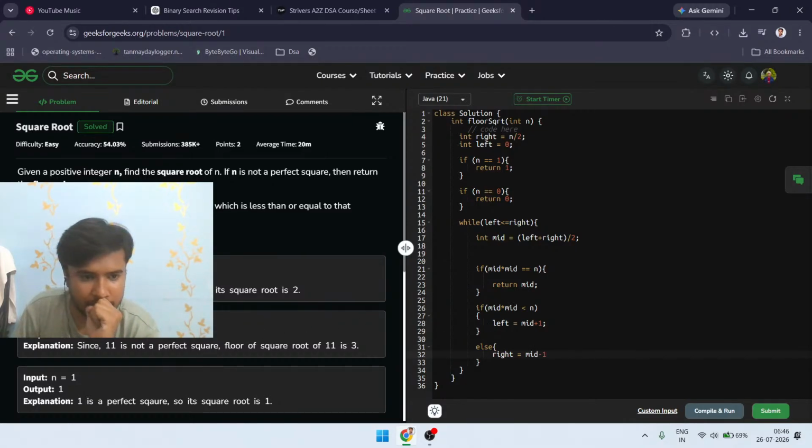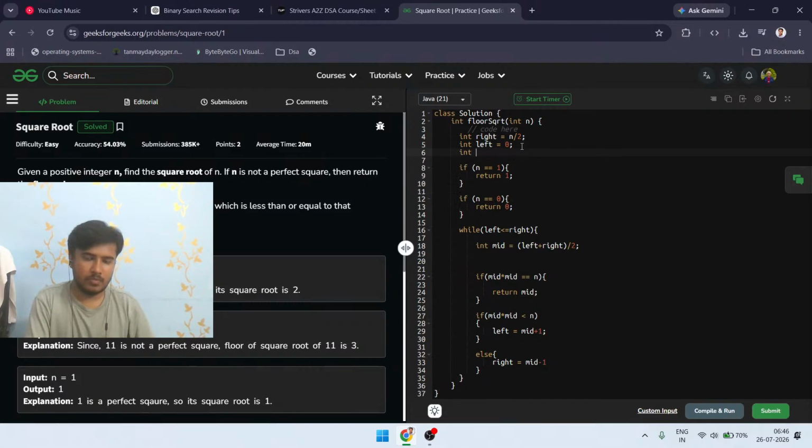But the thing is, for 11 and 3, it will never be there. So what are you going to do? What are you going to do? And if it is less than mid,